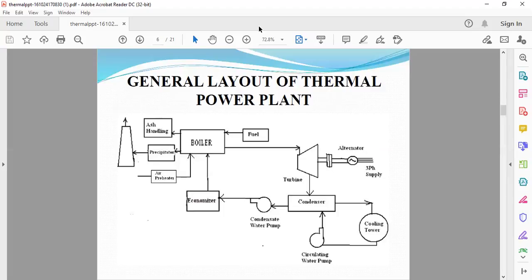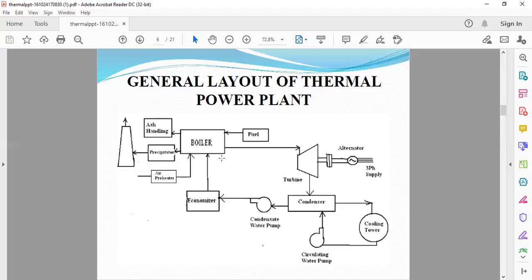First, the pulverized coal is burnt in the furnace. In this boiler, the pulverized coal is burnt, and water flows through the pipes, from which we get the heated steam. This is the furnace of the steam boiler. This high pressure steam is given to the turbine. The steam is passed through the superheater, where it is further heated, and this superheated steam then enters the turbine at high speed.